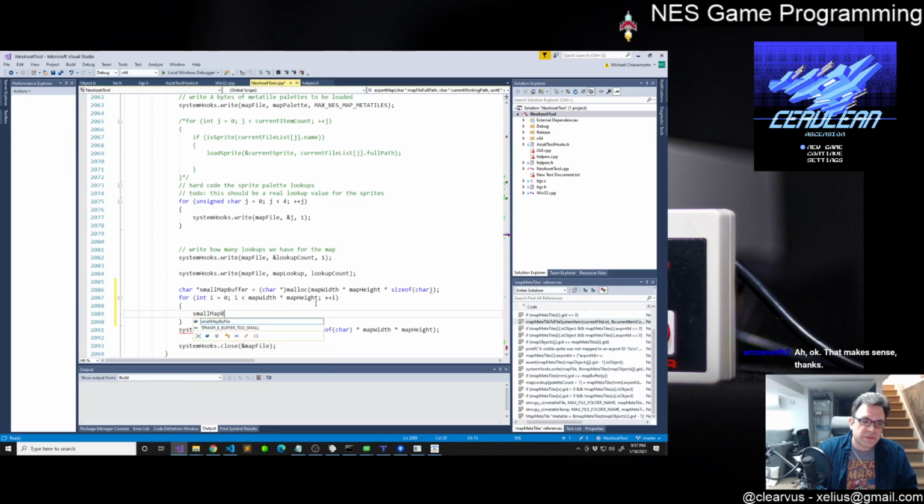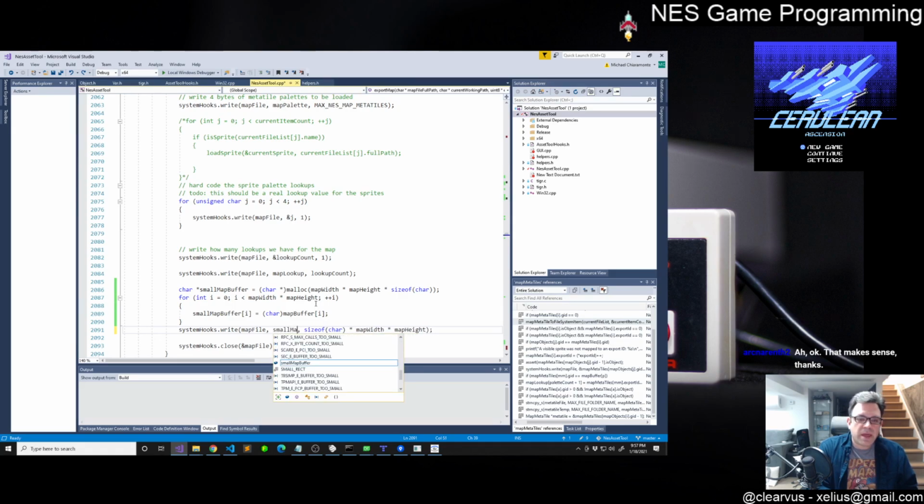What I have to do is say I want to do this to map buffer, and it's going to say, hey, you're going to lose data by doing that. And I'm going to say, yeah, I don't care. I guess technically it's not necessary to do this in this direction. So I'm just saying I only want the first byte of the 2 bytes that make up the 16-bit version of that thing, and then